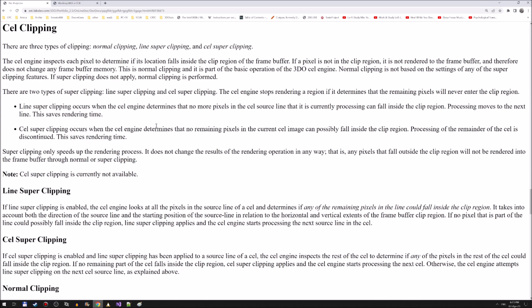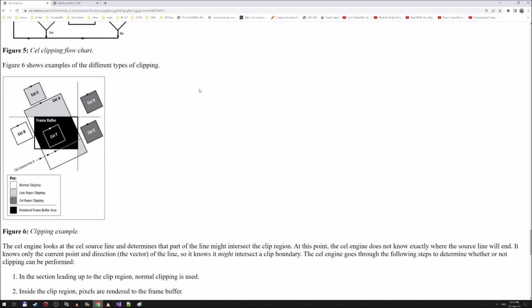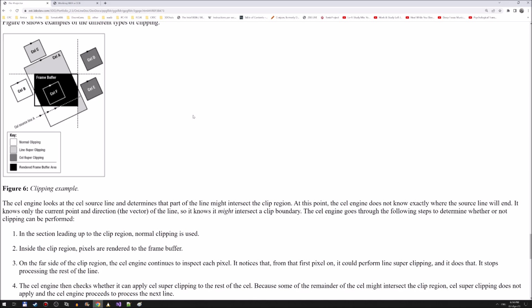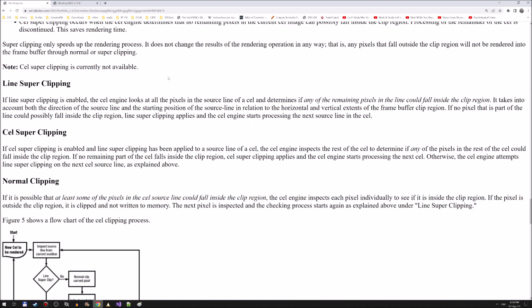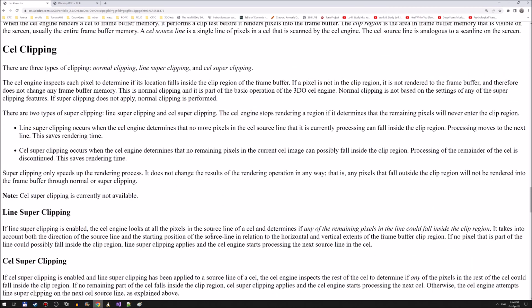If you never bother with enabling the super clipping, those two, you always get that one. Why? Because if you draw a polygon outside the screen,